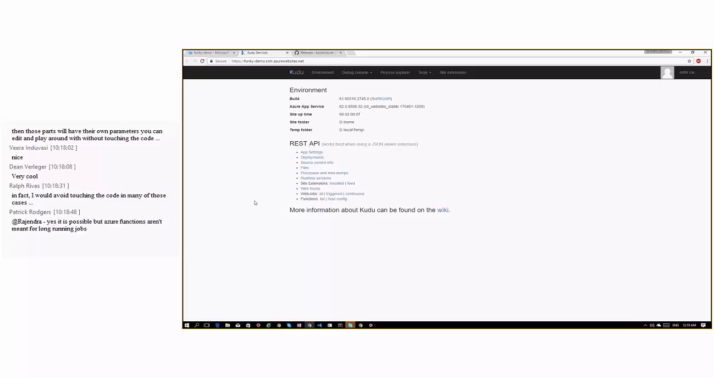Long running job. So Azure Functions will time out after 5 minutes. So if you have a really long running job, you want to break it up by splitting the big task into little tasks, put that into a queue, and then have the queue spawn many little tasks. So inside Kudu, the debugging console,